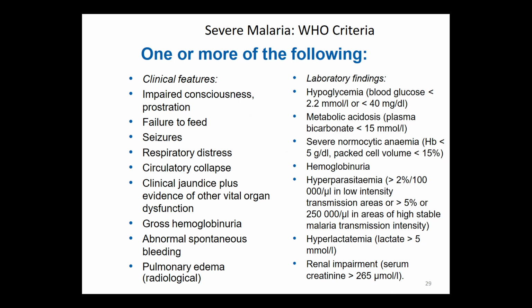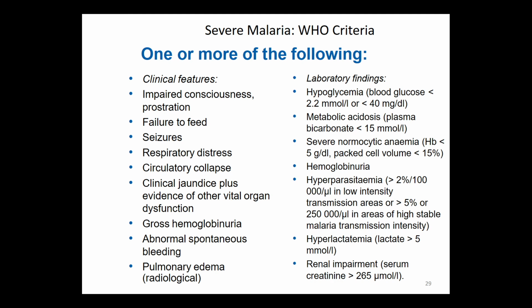Laboratory findings: hypoglycemia, blood glucose less than 2.2 millimole per liter, metabolic acidosis, plasma bicarbonate less than 15 millimole per liter, severe normocytic anemia, hemoglobin less than 5 grams per deciliter, packed cell volume less than 15%,